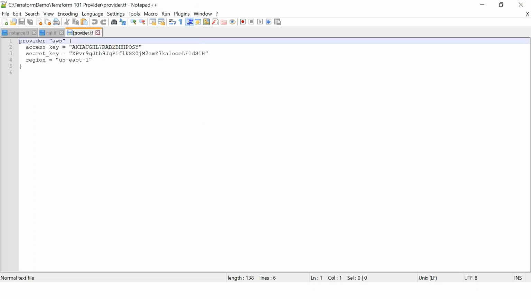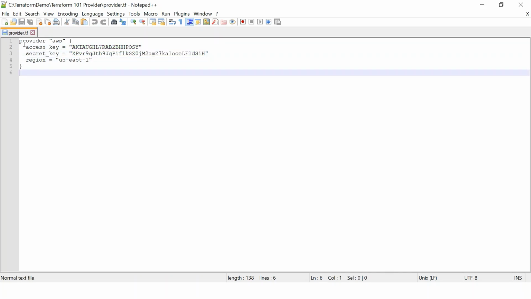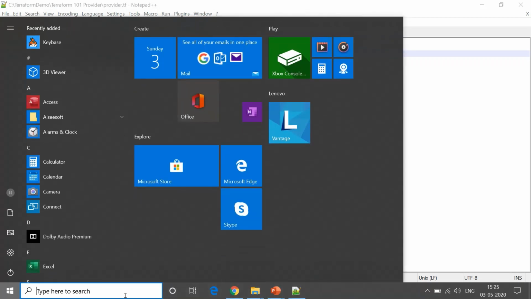I'm sorry about that. So this is the code we have, where I have the access key, this is the secret key, and us-east-1. The only thing is that here we are putting in hard-coded values, which is not good, directly in the provider. In this example, let me open the command prompt